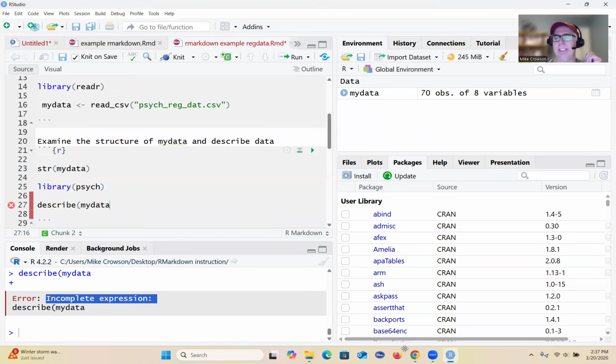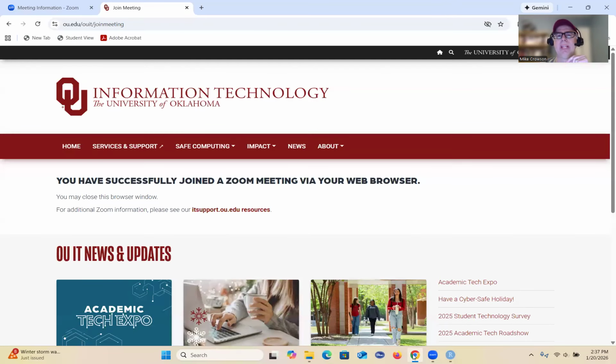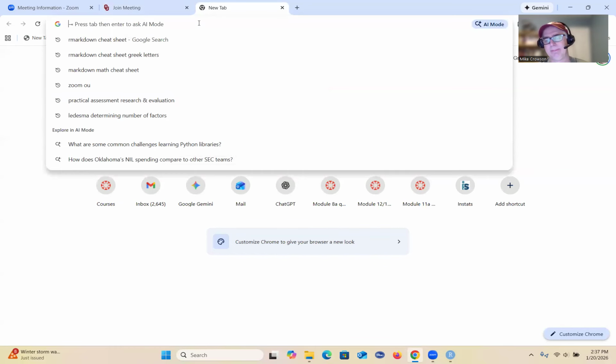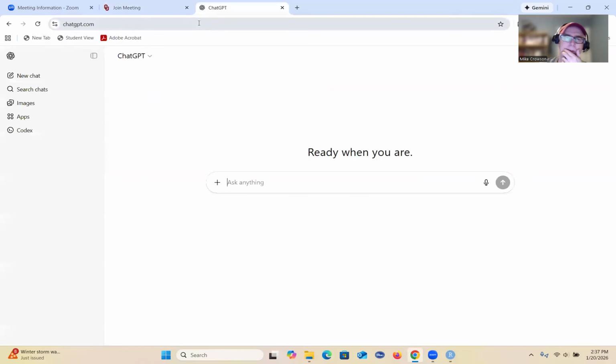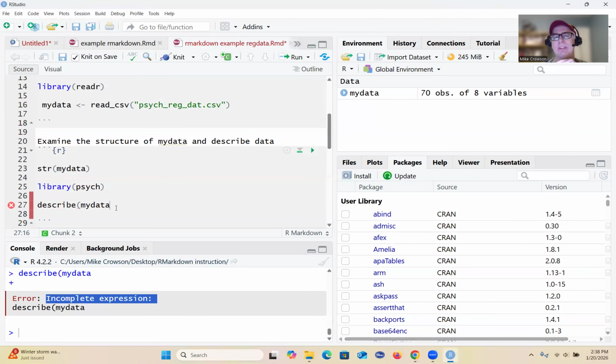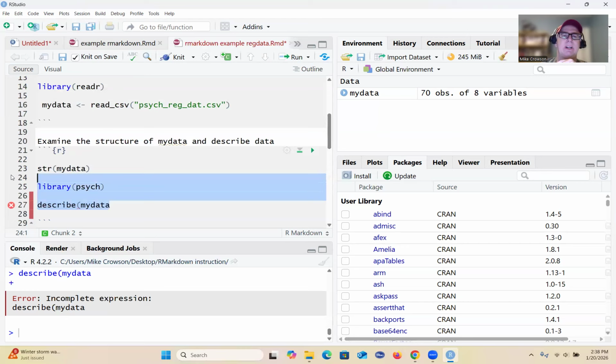Okay, so at this point, in fact, I'll just do that really quickly. I'm going to open up ChatGPT, and it's just basically going to give me what we already know, which is that there's not a parenthesis there. But let's say, imagine this is a more complex situation, and I copy